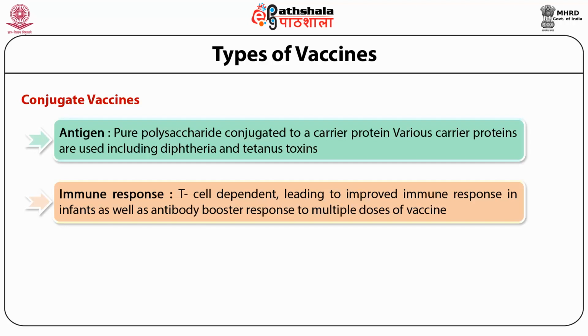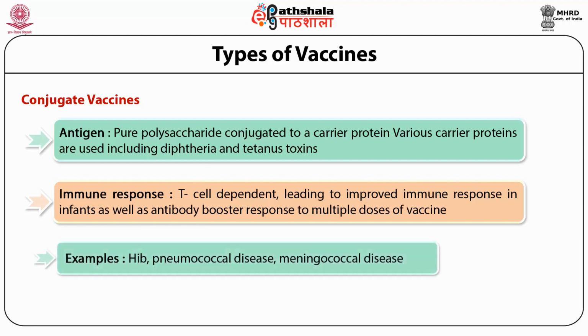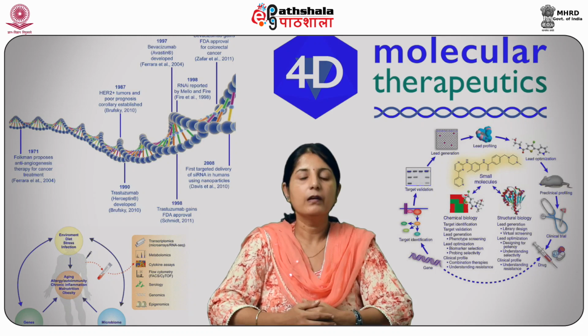The first conjugated vaccine was developed against influenza virus. Later on, conjugate vaccines were developed for pneumococcal disease in 2000 and meningococcal disease in 2005. Let's see what are the advantages of conjugate vaccines. Now, these vaccines are effective against the diseases which are caused by encapsulated bacteria, for which pure polysaccharide subunit vaccines have been ineffective. They are also effective in infants which are at most risk and provide short-term protection in rest